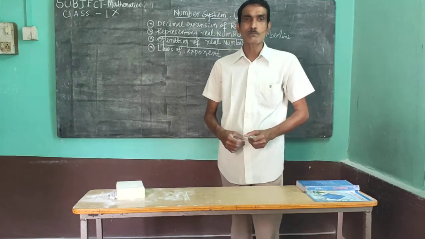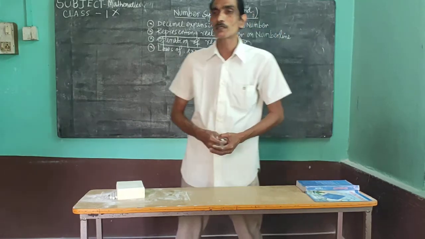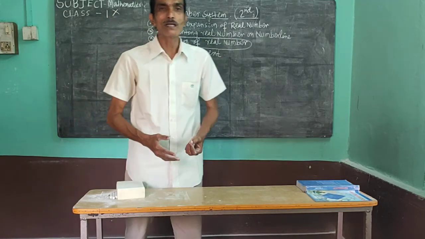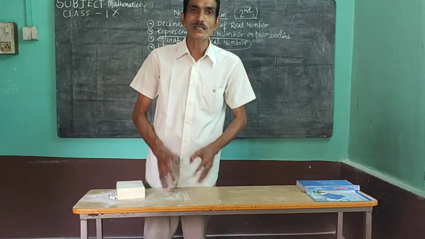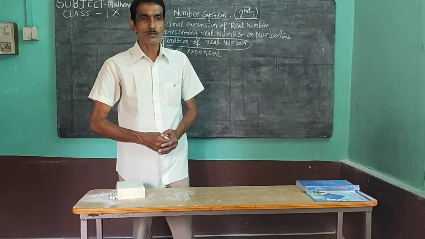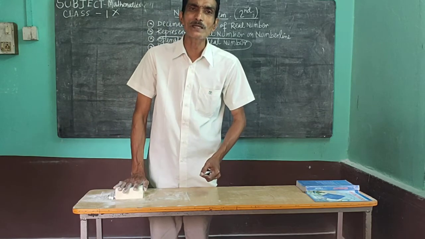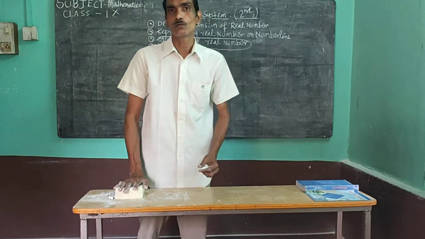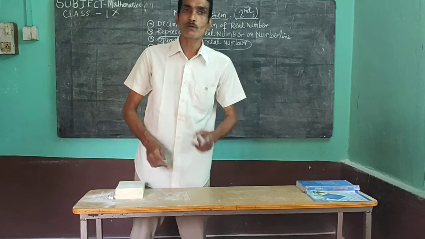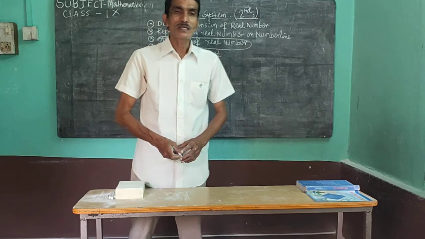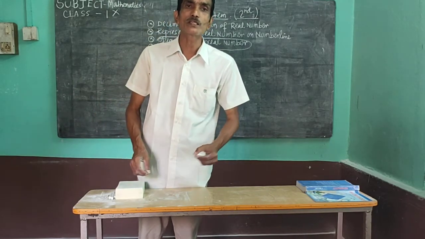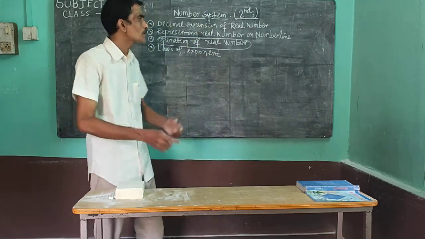According to the decimal expansion definition, if a number's decimal expansion terminates, we say it is rational. Another thing to remember: recurring decimals can also be converted into p upon q form. So today our first concept is, if any recurring number is there, how can we convert it into the form of p upon q. For example,